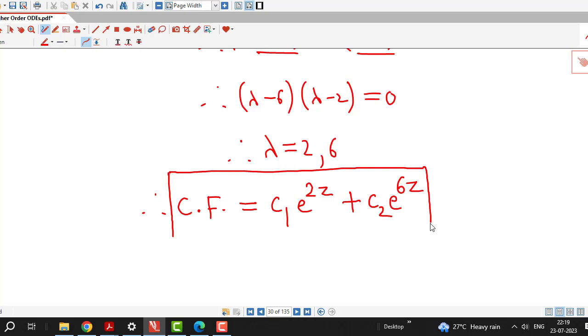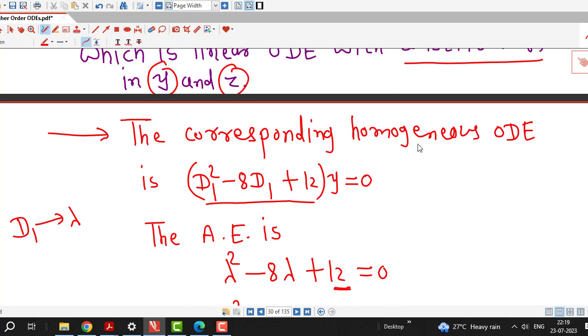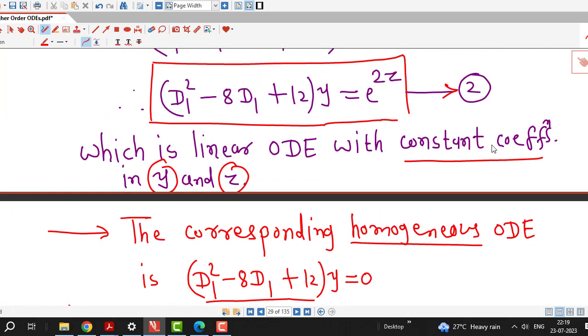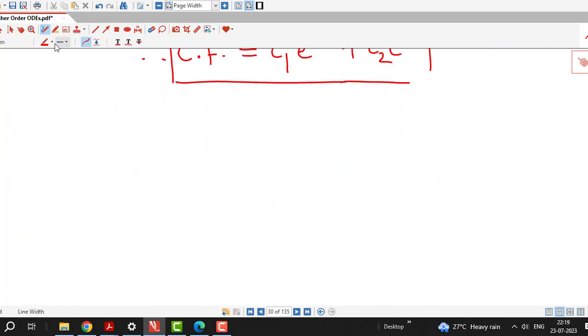This is the complementary function, and that we have obtained by solving this homogeneous differential equation corresponding to this non-homogeneous equation. Now next step is to decide the particular solution or particular integral, and here our right hand side function is